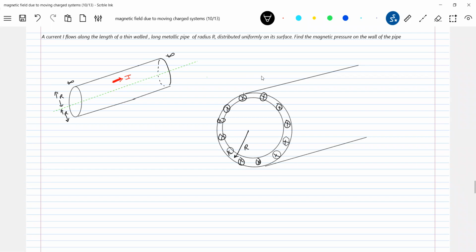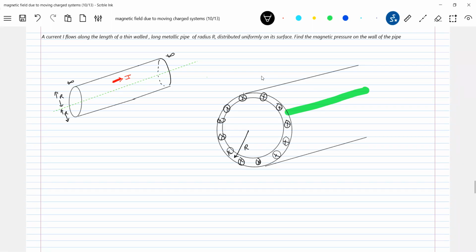I can link this with elasticity. Some stress will be there, and due to that deformation, we can introduce many other mixed concepts. Therefore, I prefer the force method rather than directly writing the formula. Here the current I is flowing. Let me assume a strip and calculate the force acting on the strip per unit area. That force per unit area will become the pressure, the magnetic pressure.